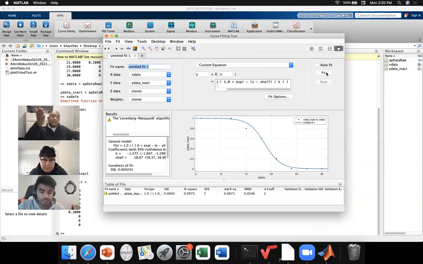And if I fit, you can see that you have your data as filled circles, and the line represents your fitted sigmoid. As you can see, the sigmoid will work only when your y-axis is between 0 and 1 and never for any other ranges. You will have to change your custom equation for that. And the next thing,